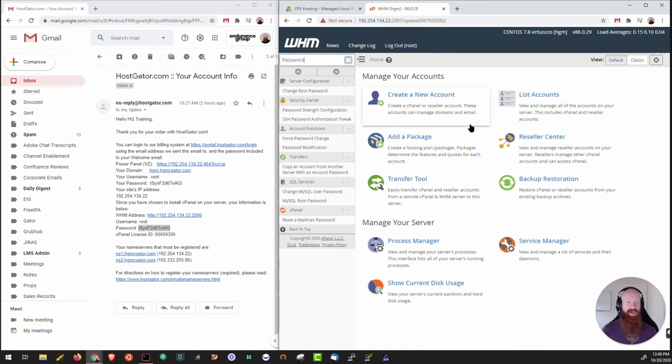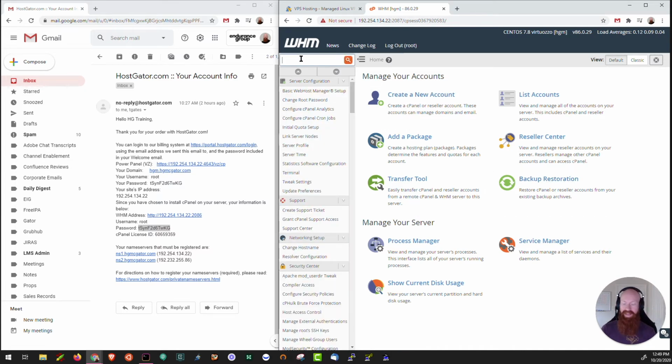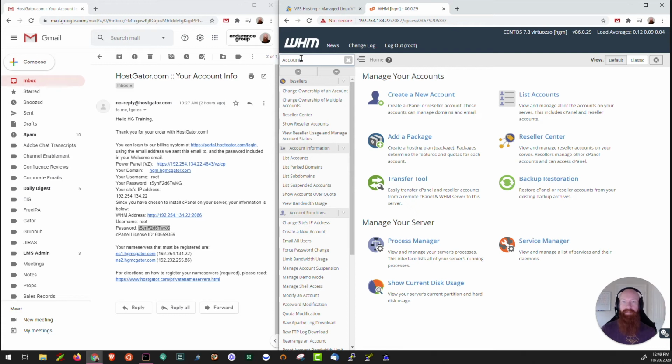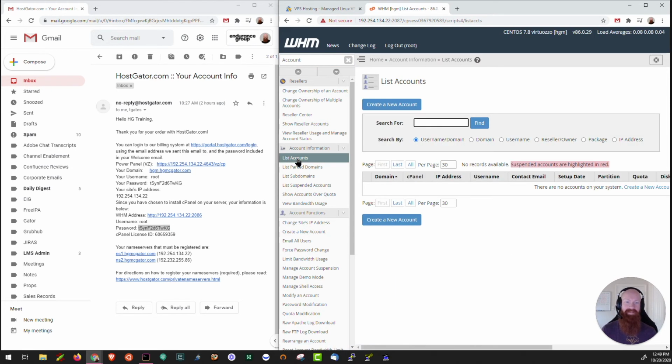You're going to see a bunch of information in the main menu section that'll show you how to create a new account, add a new package, look up backup information, and a whole bunch of other stuff. So let's say I wanted to look up some account information. I can just type in account. Everything underneath here is going to show up under account information. So I can see all the accounts I have under list accounts, all the domains, subdomains, and suspended accounts that I have. Now the list accounts function is probably one of the most used features inside of WHM. I'll click on that and I'll show you a little bit more about it.